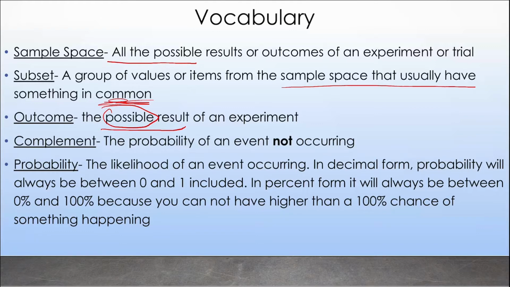A complement is the probability of an event not occurring. Probability is the likelihood of an event occurring. In decimal form, probability will always be between 0 and 1, and both of those are included. In percent form, it will always be between 0% and 100%, because you cannot have higher than 100% chance of